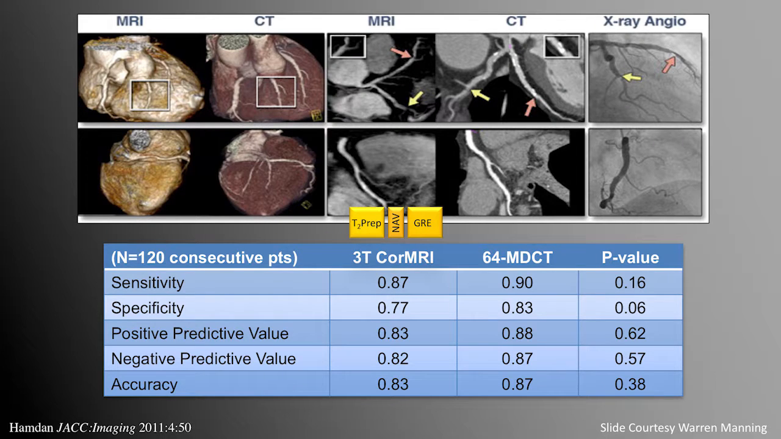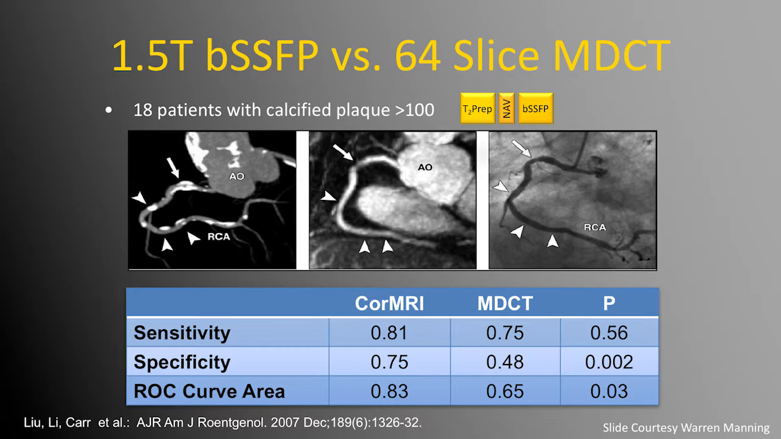Then if you compare it to CT, this is a study that was done in Berlin by Dr. Hamdan. He compared the 3T gradient echo technique versus a 64-slice CT, which is probably no longer the state of the art. Again, sensitivity and specificity is fairly close to one another, where he didn't find any statistical significance actually between CT and MR, but perhaps that also pertains to the selection of the patients,